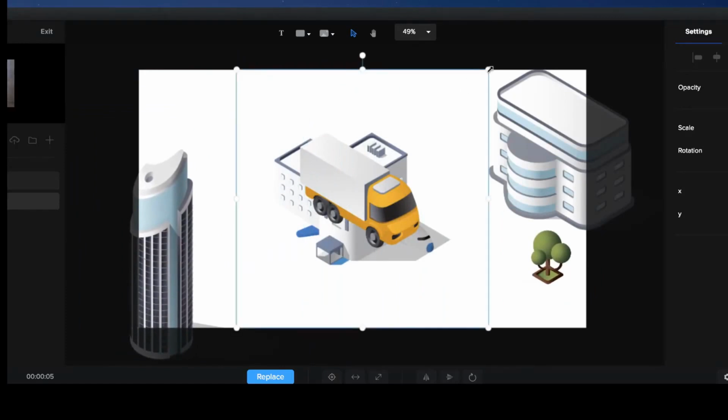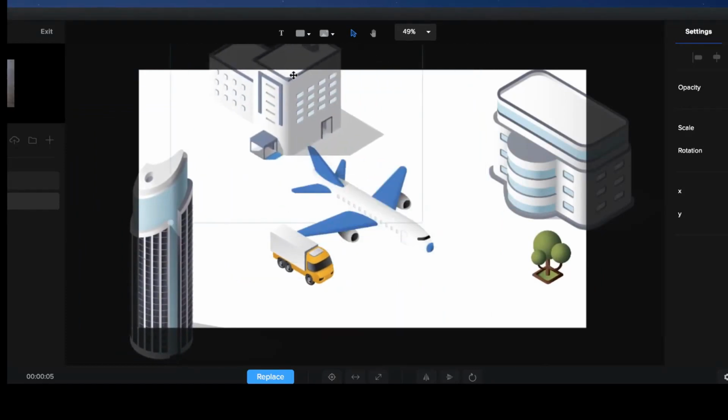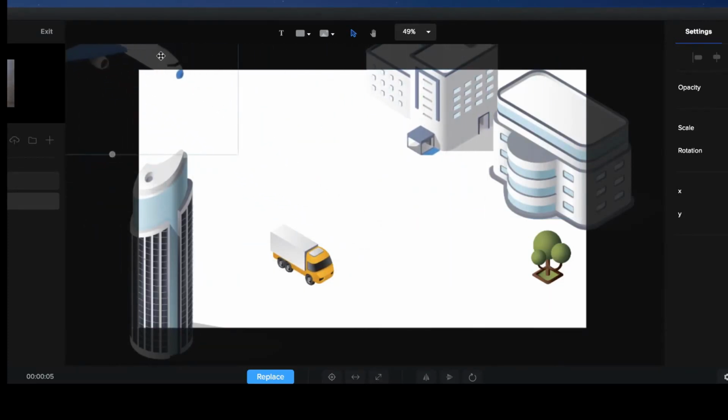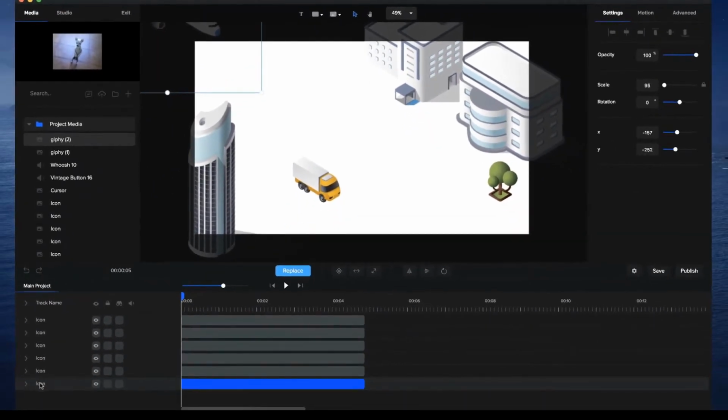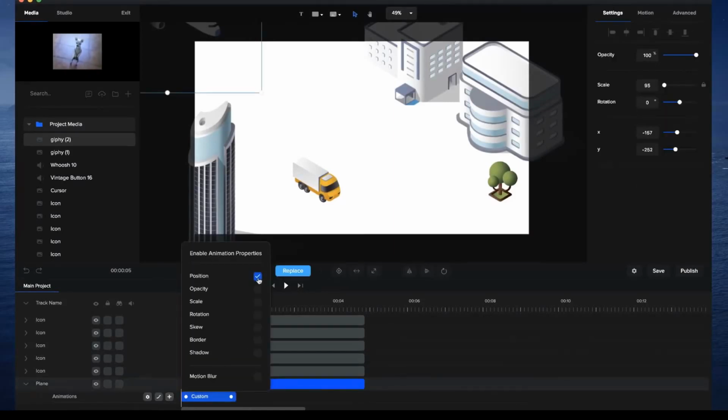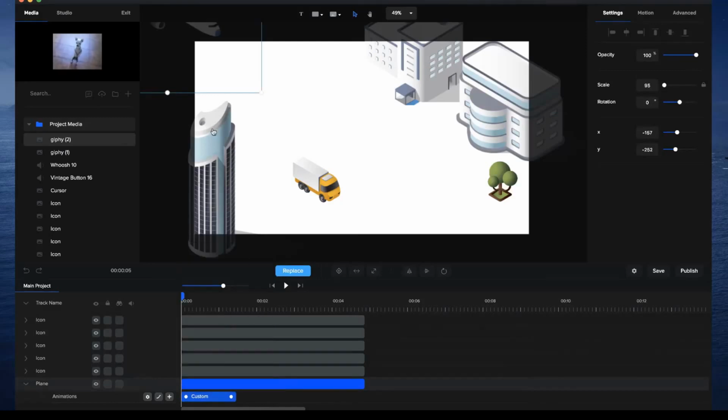So make this a little bit smaller, maybe places like that. And what we could do is I'm just going to position this plane off the screen like so, and I'm going to rename this one. I'll just call this one plane. And what I'm going to do is create an animation. So if I click on the plus icon over here and select position to animate the position,